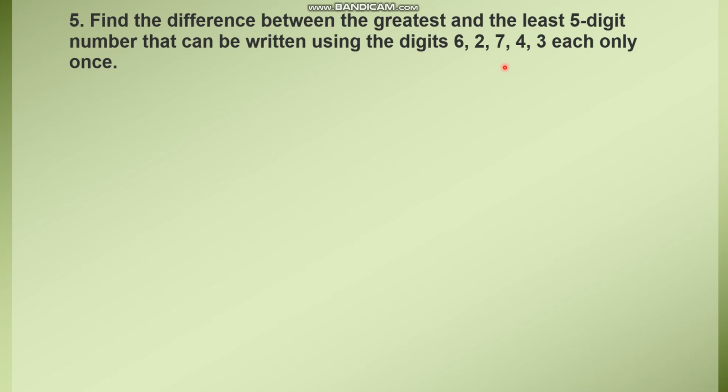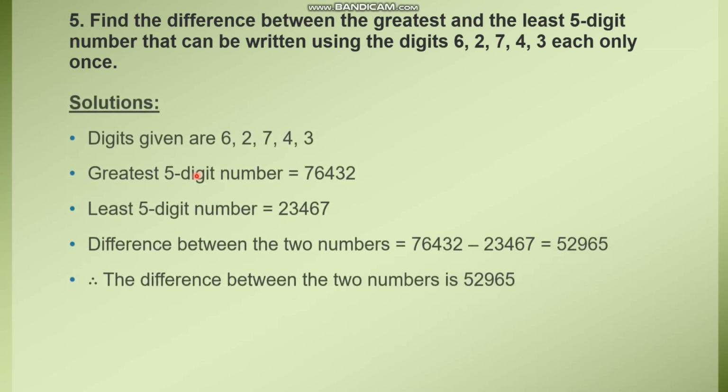Answer it. And here, after writing the greatest number and after writing the smallest number, you have to take the difference of these two. What is difference? Yes, in maths we are doing subtraction, isn't it? Difference means it is the subtraction. You have to subtract that two numbers and you will get the answer. So look how we can write the step.